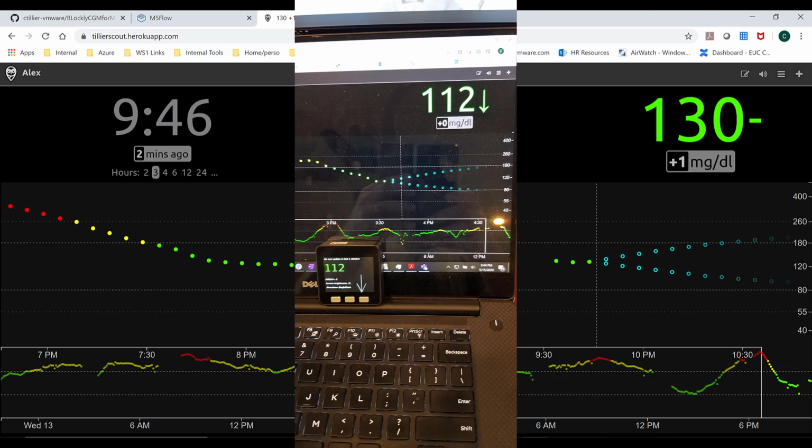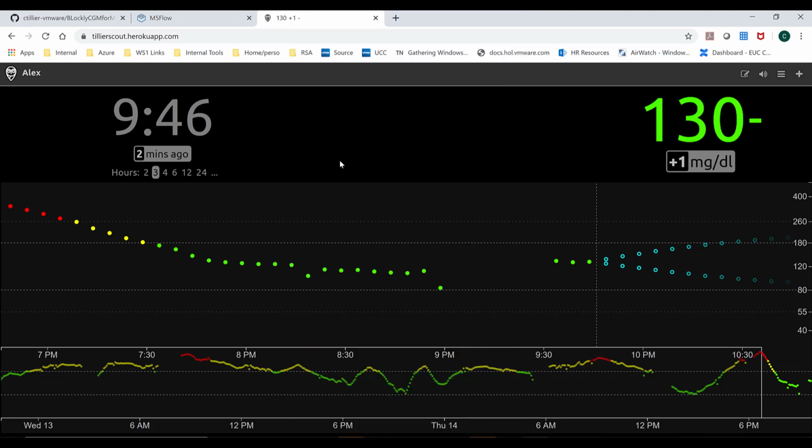So I'm not going to go through how to install Nightscout. There's a bunch of videos, and I'll put the links in the description. But the idea is, once you have Nightscout up and running, your Dexcom or your CGM will be uploading the information in near real time to the monitor. And then Nightscout will be able to collect that information, store it on Heroku, and be able to display that